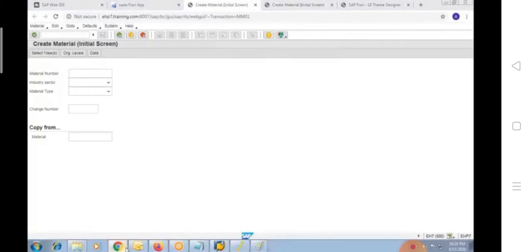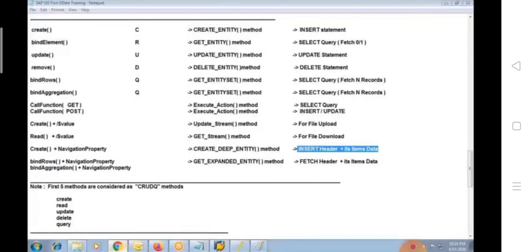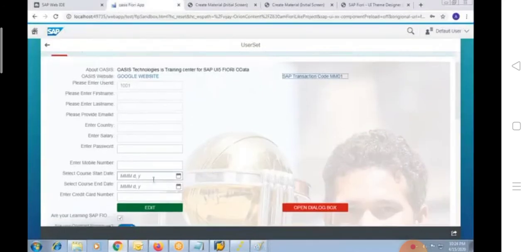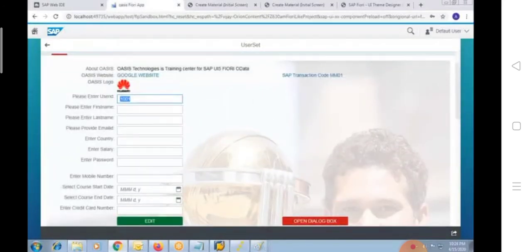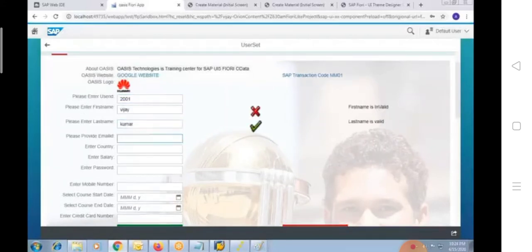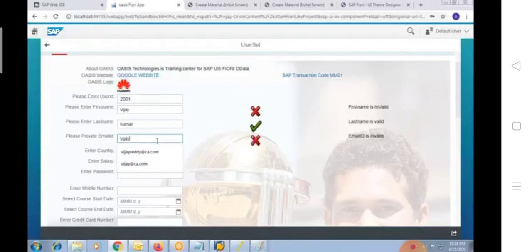And not only that, you can see here in this screen, we can also perform all types of validations. We can provide some input here, and based on the input, we can apply validations.